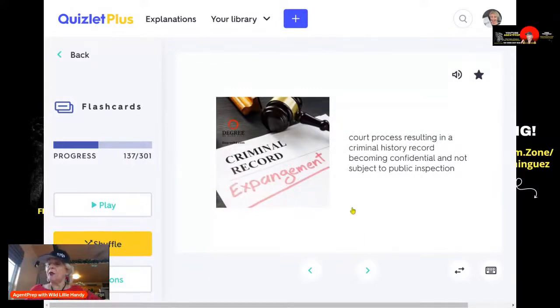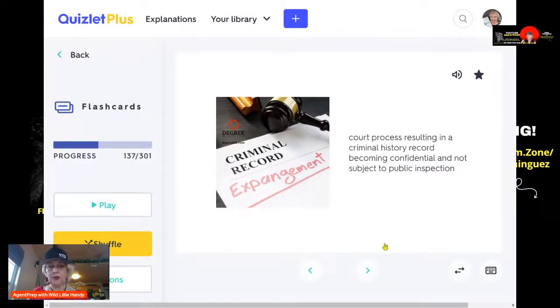Okay, this is not in one of the books that I use. This is actually on a website called Quizlet Plus. There's a free version, or you can purchase a version of Quizlet Plus. There are different teachers that come on here and provide information, other realtors. I found these 301 vocabulary terms on here, and it's awesome to use. Instead of giving you the word and the definition at the same time, or multiple choice questions on vocabulary, this allows you to think about it.